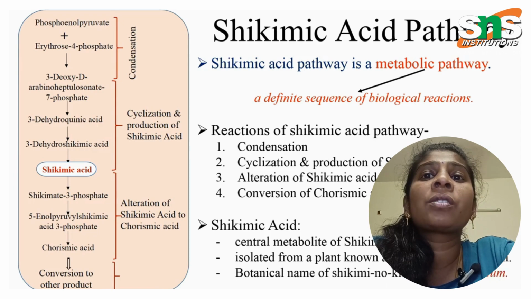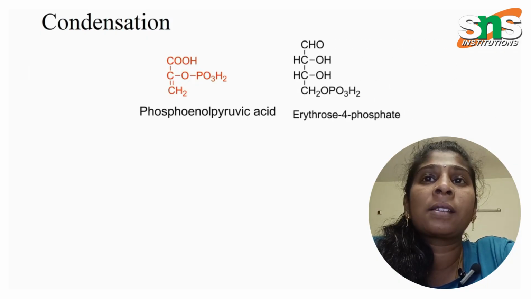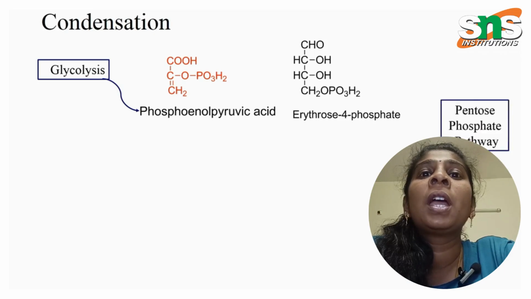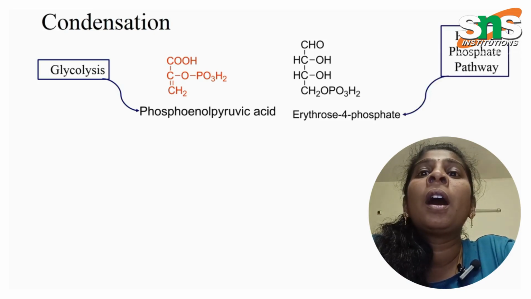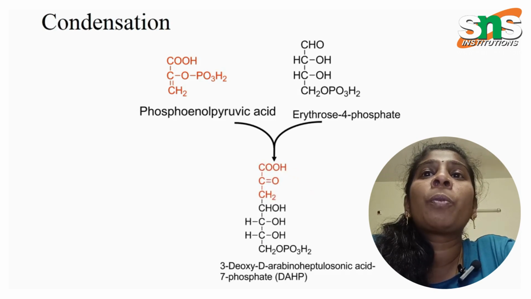And now coming to the reactions of Shikimic acid pathway. Shikimic acid pathway begins with condensation of phosphoenol pyruvic acid and erythrose 4-phosphate. The phosphoenol pyruvic acid comes from glycolysis, whereas the erythrose 4-phosphate comes from pentose phosphate pathway. Erythrose 4-phosphate is the intermediate product of pentose phosphate pathway. The condensation of phosphoenol pyruvic acid and erythrose 4-phosphate results in the formation of a 7-carbon compound that is called